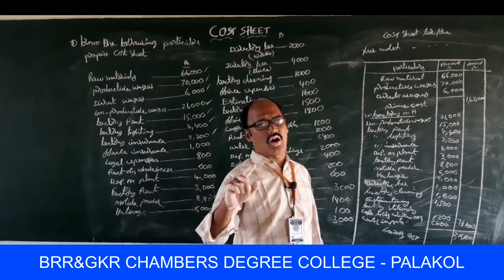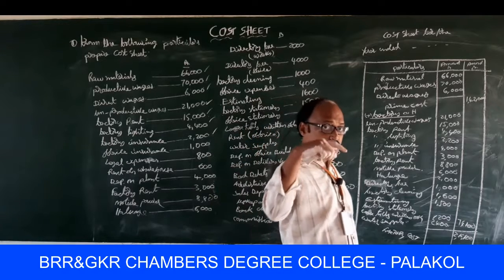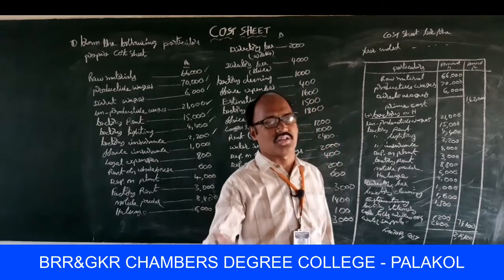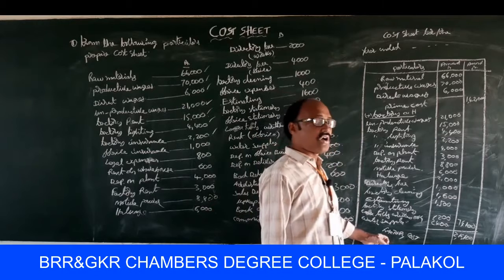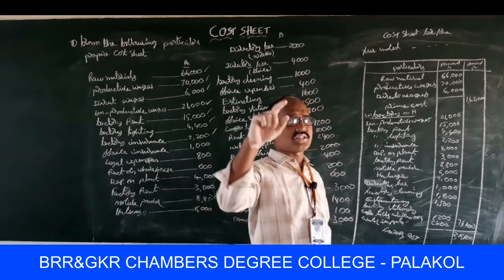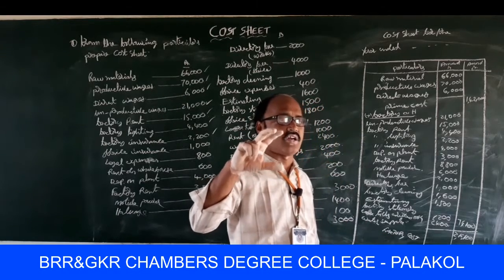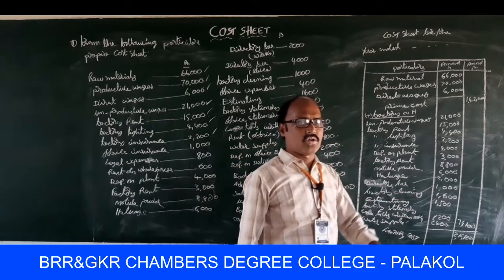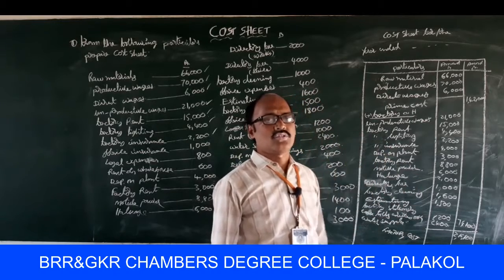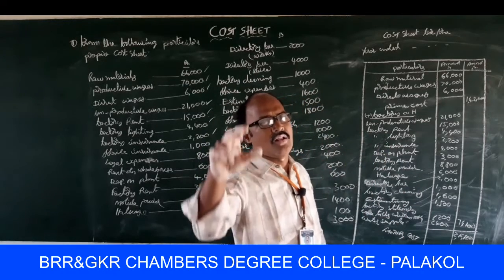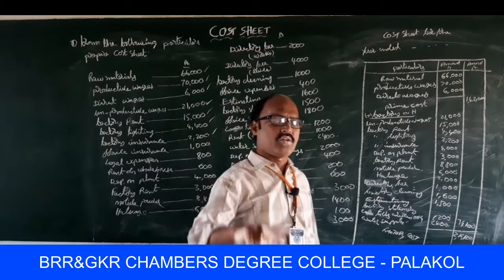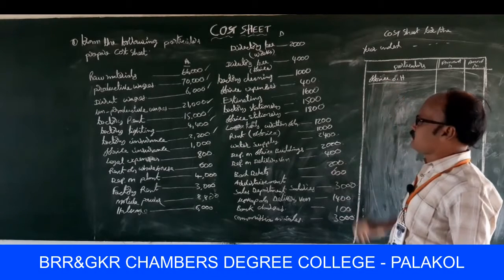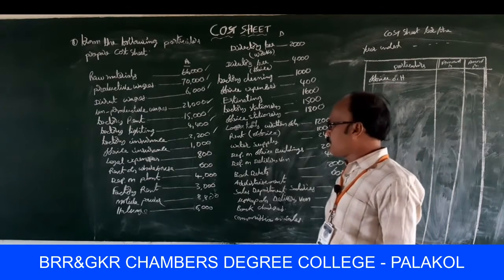Office overheads or office on cost added to the factory cost, then we find out the office cost. So next one is office on cost. That office on cost expenditure should be added to the factory cost, then we find out the office cost. So what are the transactions available under the head of office overheads in the problem?